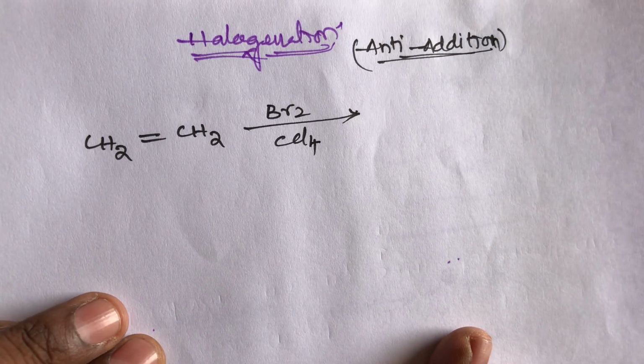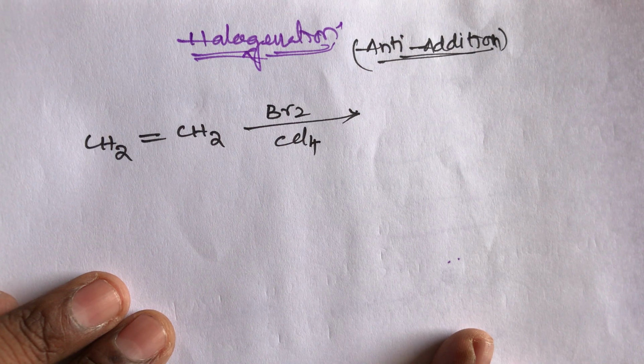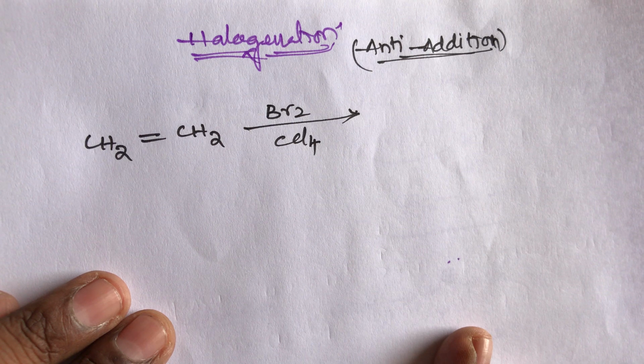Hello students, next topic is halogenation, addition of halogens. Halogenation means addition of halogens like chlorine, bromine, iodine. These halogenation reactions